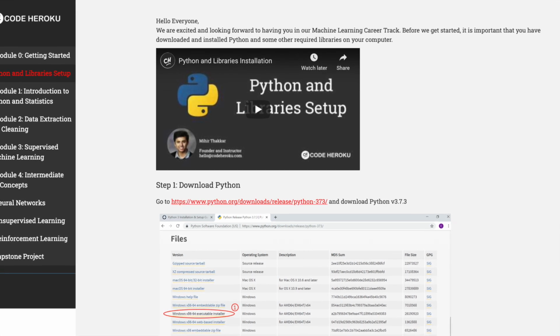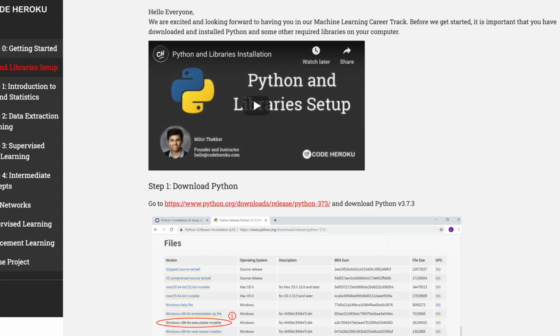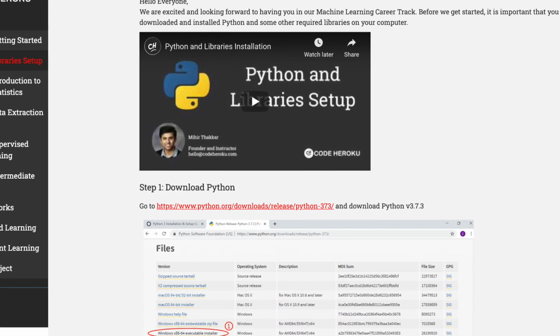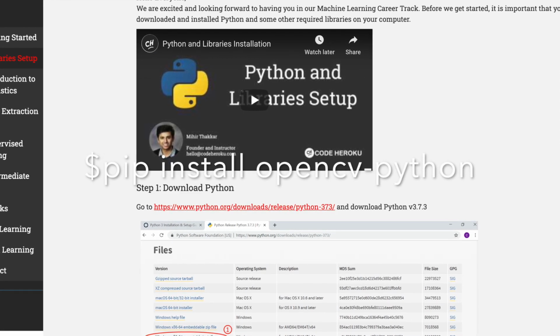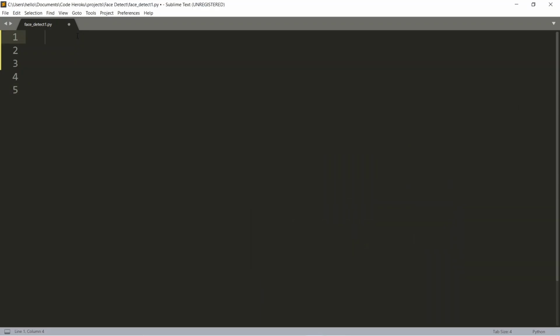Okay, so the first thing that we should do is make sure that you have Python 3.7 and OpenCV installed on your computer. If you're not sure, please do run this command on your command window. Once we have that, let's open your favorite text editor and let's start writing some code. Since we are using OpenCV to do all the heavy lifting on our behalf, let's import it first.